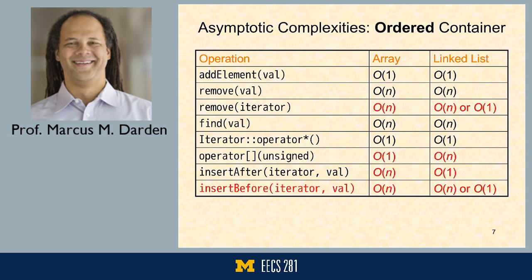Remove by iterator. This means now I'm not looking at a value. I don't have to go do the find of the value. I'm saying, I want you to remove this thing here that I'm pointing at. Okay, on an array, I still have to move elements to take care of that void as I remove an object. So that's my linear time to adjust the elements around that gap. In a linked list, it depends on what type of linked list I have. If I've given you an iterator to an object in a singly linked list, then,